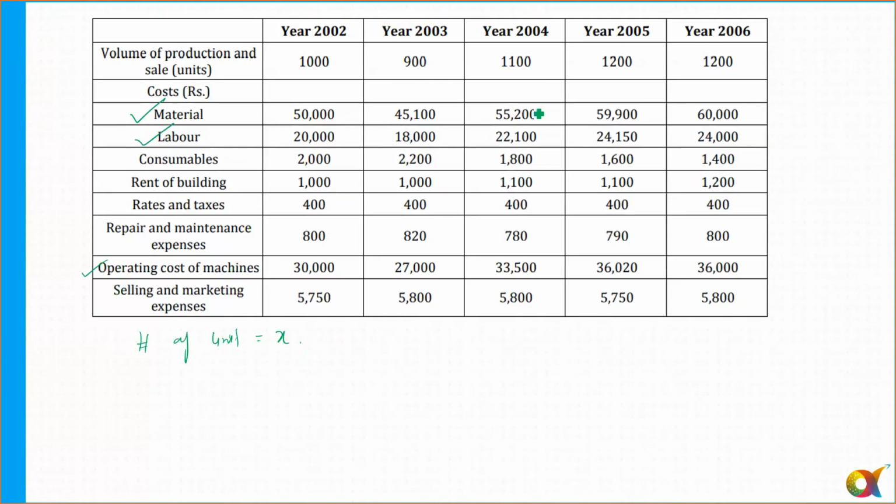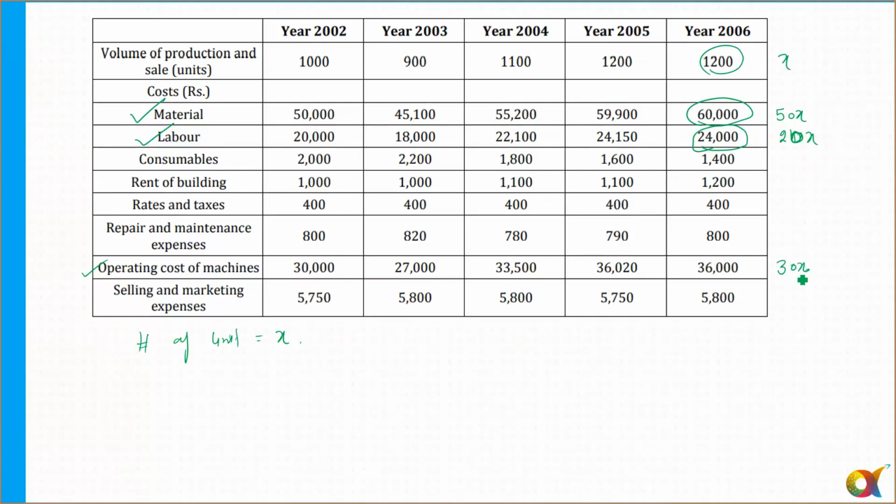So what is the material cost? Now material cost, you can see it is 1200 and this is 60,000, approximately 50 times. So if the number of units is X, the material cost is going to be equal to 50X. And in case of labor, 1200 into 2, that is 20x. And the operating expenses, that is 12 into 3, so operating expenses will be considered as 30 times, so it is equal to 30x.